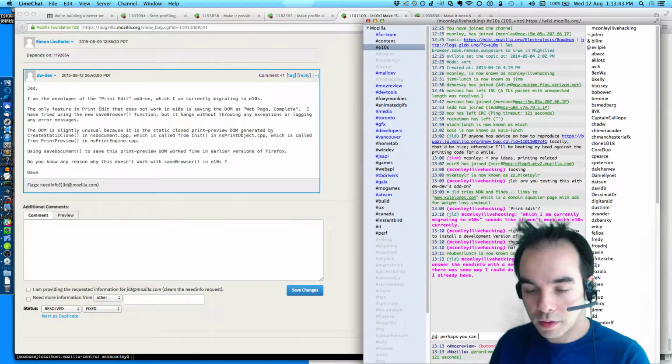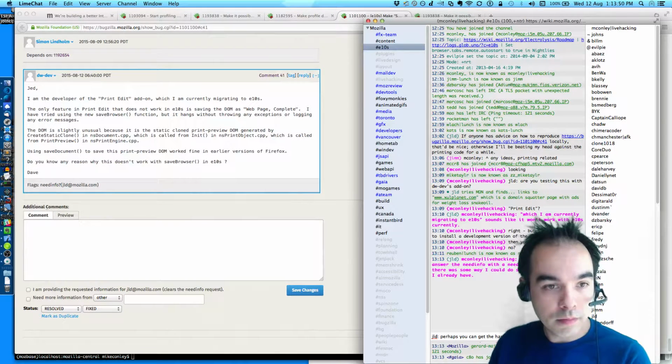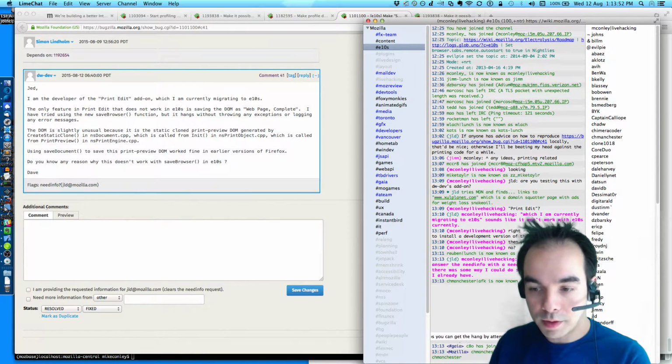Perhaps you can get the hang by attempting to save browser a print preview. But I'm really not sure what DWDev is doing here.